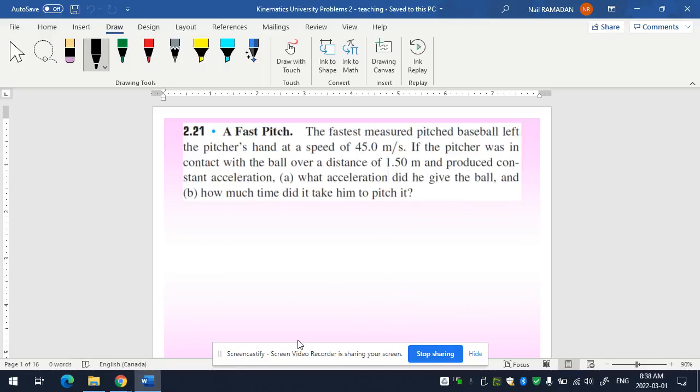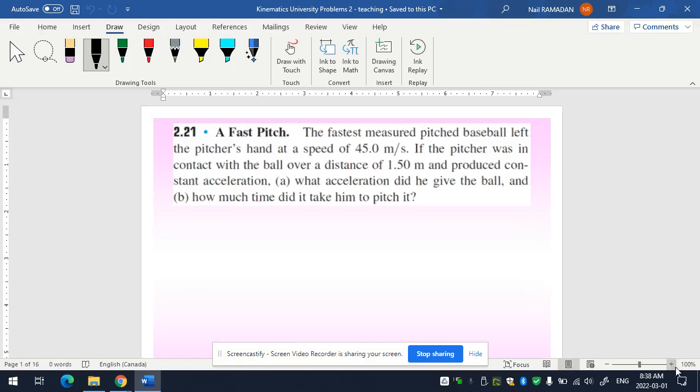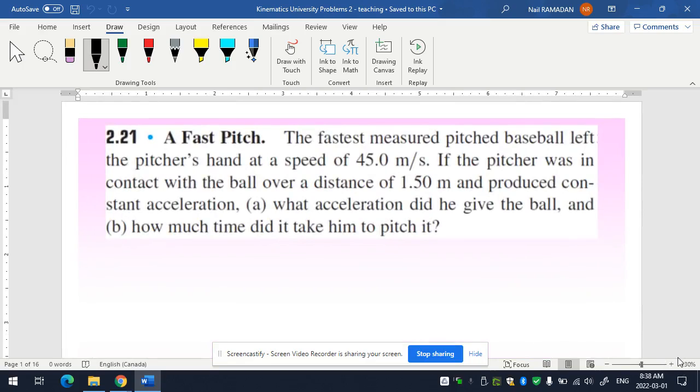Okay, problem number 1, 2-21. Chapter 2 of the university book, number 21 in the chapter problems. Usually they name each problem. This one is a fast pitch. The fastest measured pitched baseball left the pitcher's hand at a speed of 45